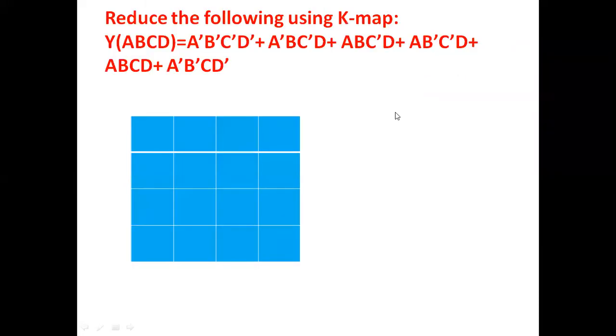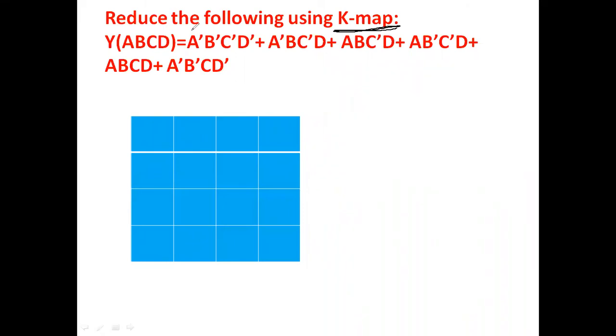Now I am moving to the next problem. Listen carefully. Very simple, but please see this problem. Here, the problem given to us is to reduce the given Boolean expression by using Karnaugh map. It is given as an equation, not like the previous case, that means not in a canonical form or minterm form. So what is the step? You have to convert this into the binary form or canonical form.